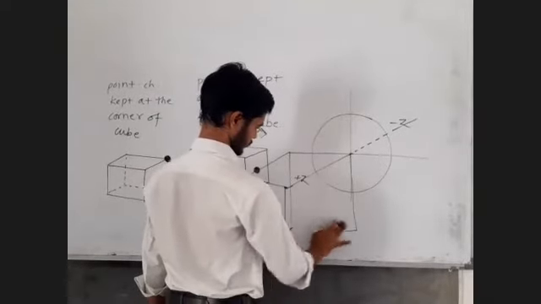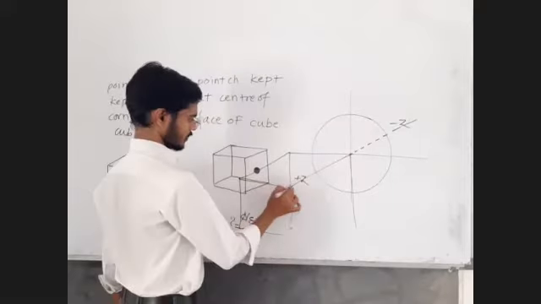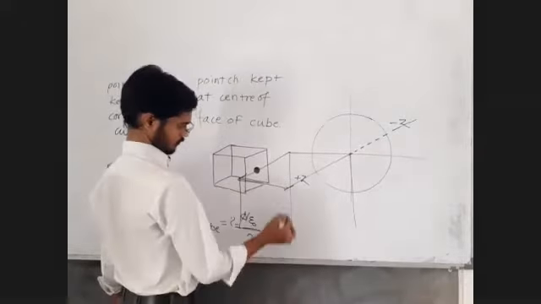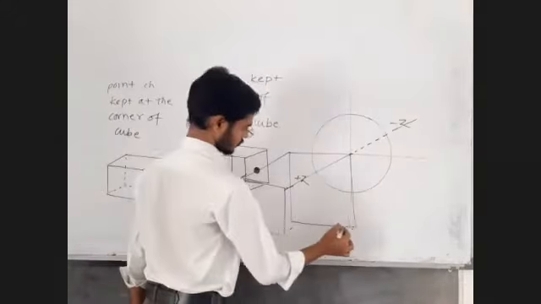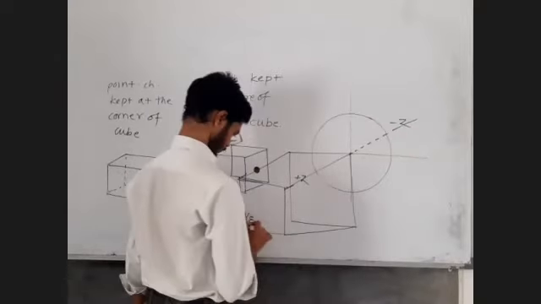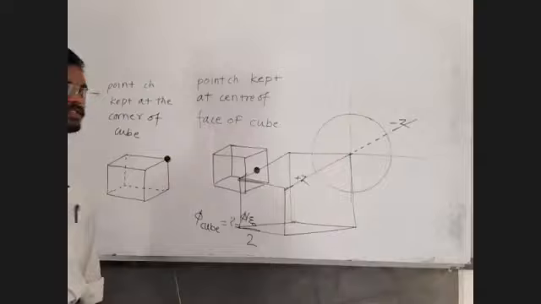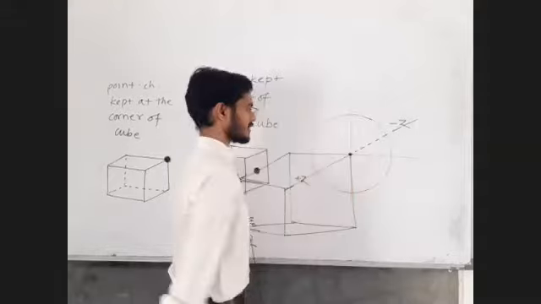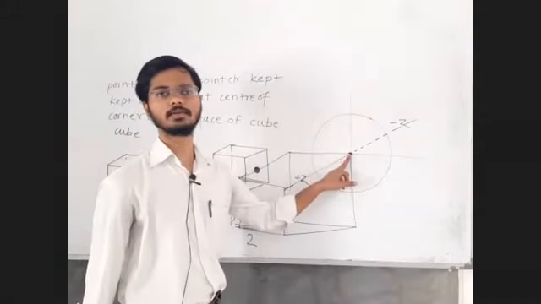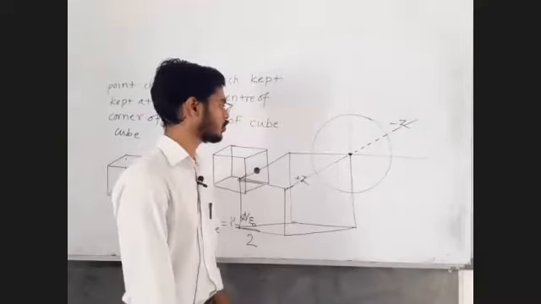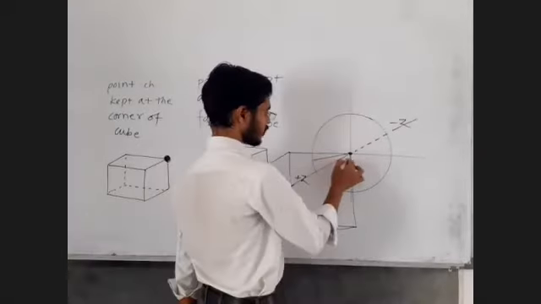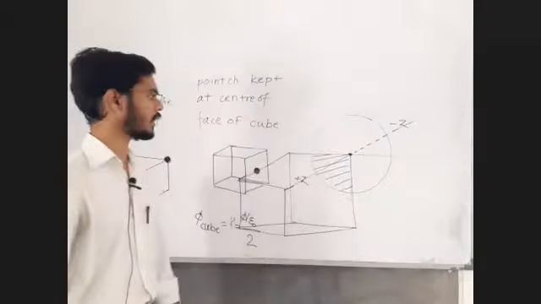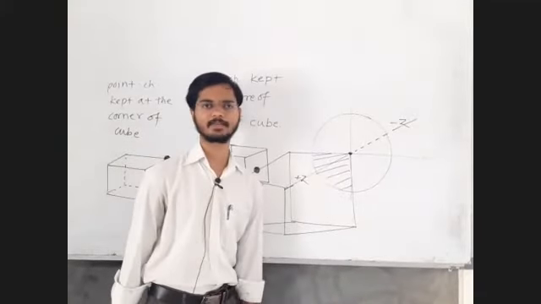Oh, I made a mistake. Each quadrant can be imagined as a cube. So this is the sphere which is placed at the corner of the cube. So this is 1/8 of the part of the cube. One quadrant is 1/8 part of the cube. Agree, disagree? Reply to me in the chat box.